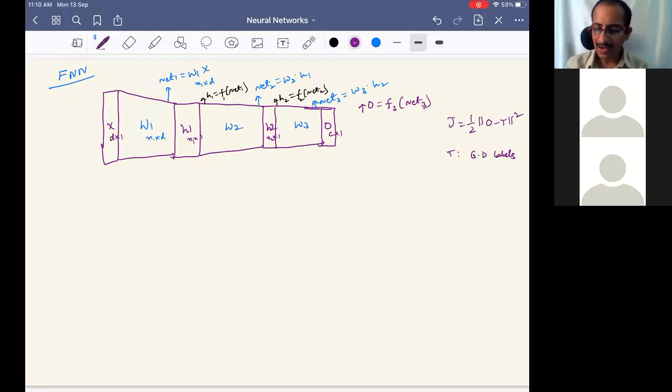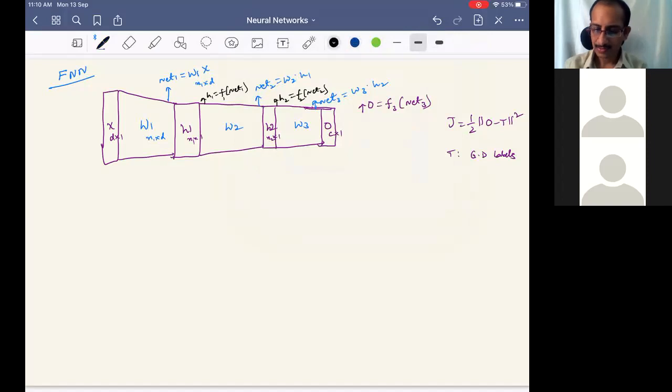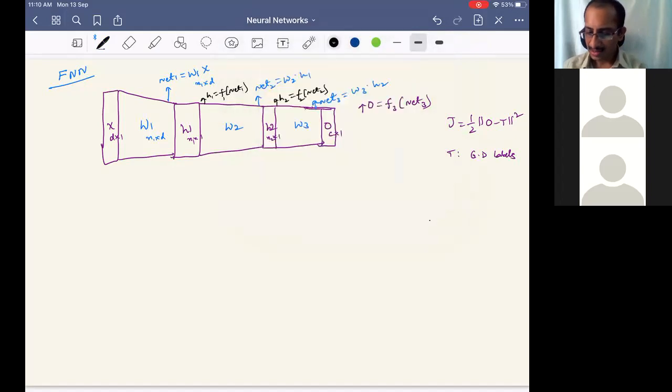Now guide me quickly on how we write the back propagation equations. Some quick inputs are welcome. So let us start from here. First, what do we want to write? Delta O. How do we define any delta? Delta O means gradient with respect to what?